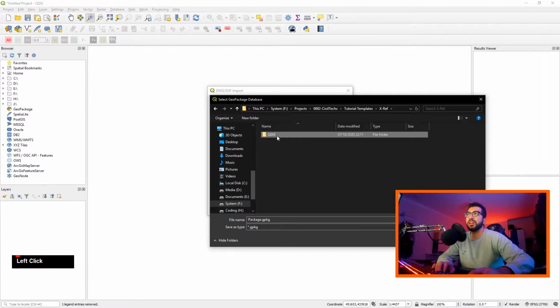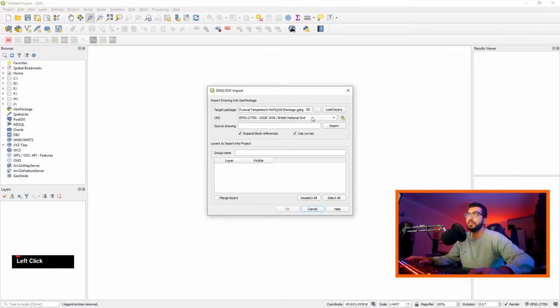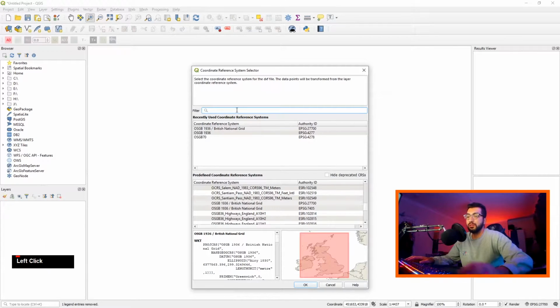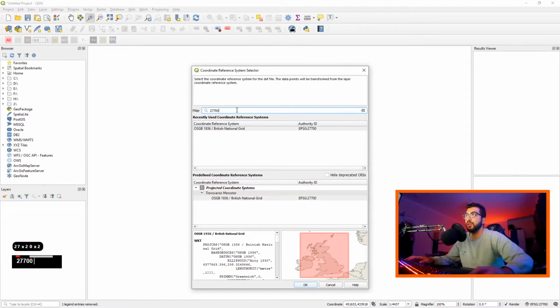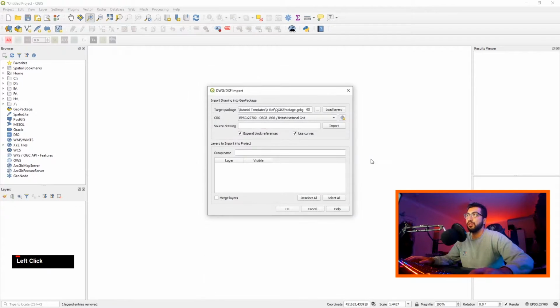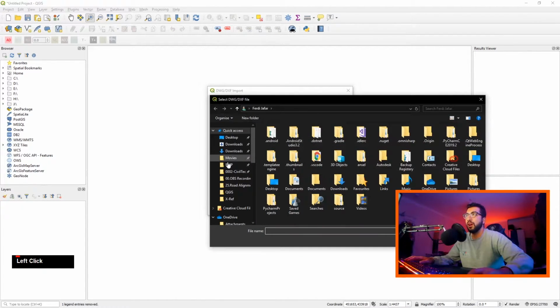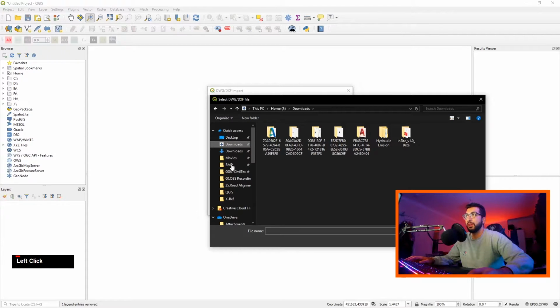So basically in your Excel folder, create a folder QGIS, name it package, save. Now CRS is basically the coordinates we're using. Now I suggest using the 27700 for UK, which is a British national grid, and we just hit OK. Then we're gonna import our DWG. So we go to